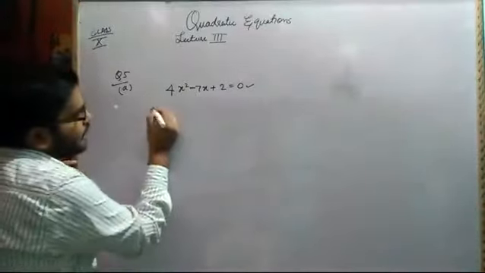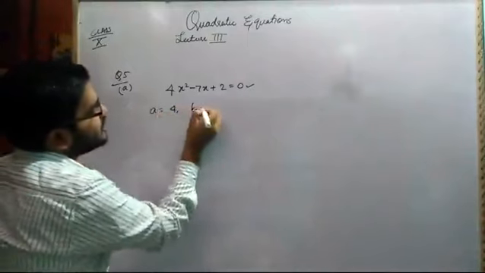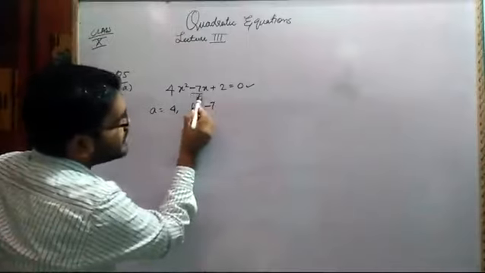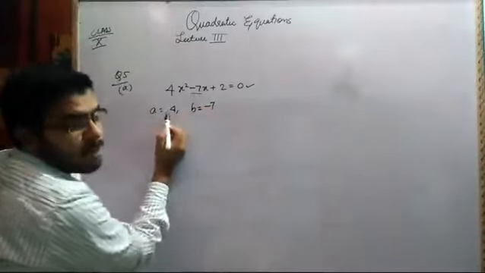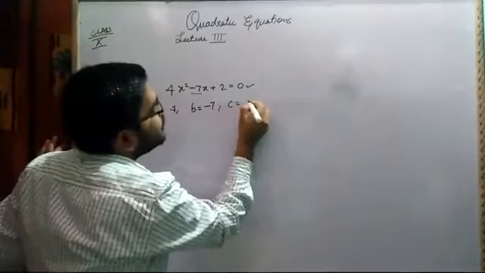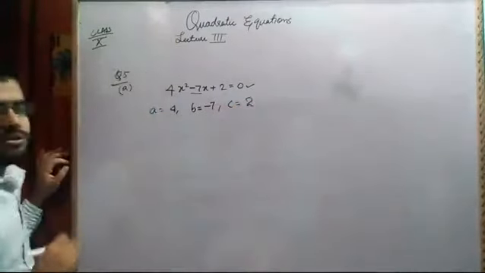So here a is equal to 4, b is equal to minus 7. Pay attention here, it is minus 7 because b is with the sign. Here a is plus 4, plus by default we don't write. If there is minus, then we obviously write. Then c is equal to 2. These 3 values we have.